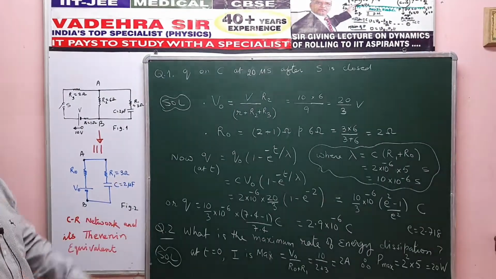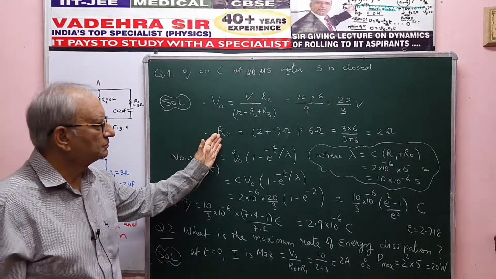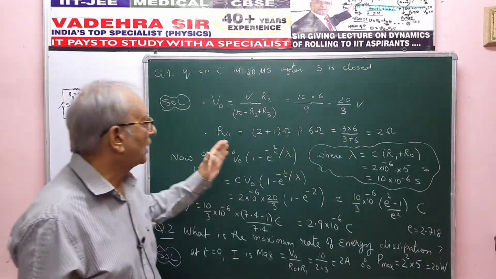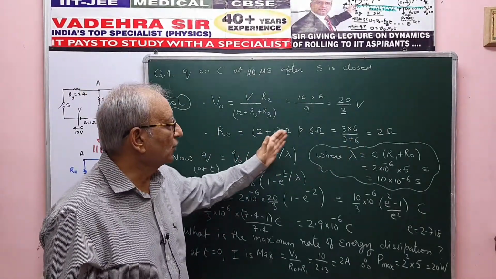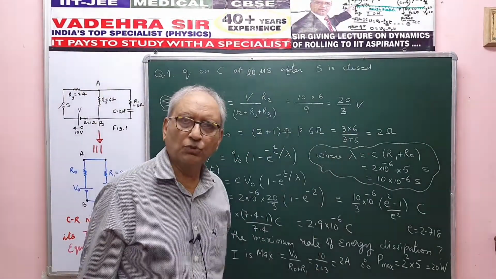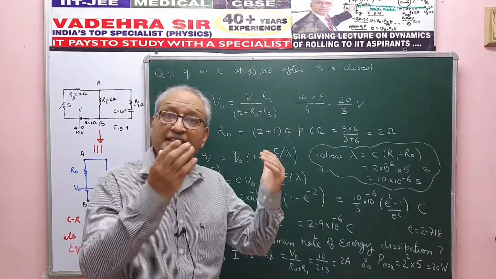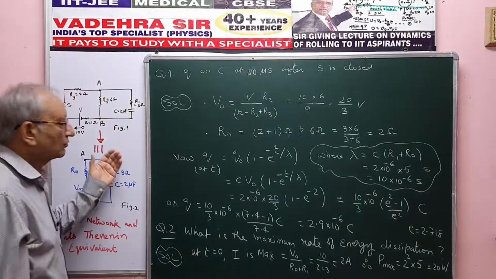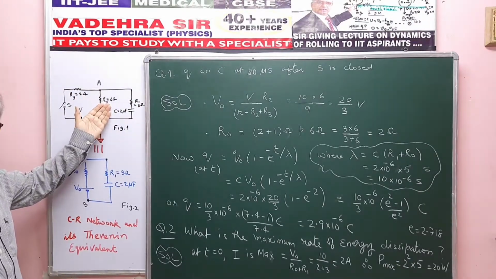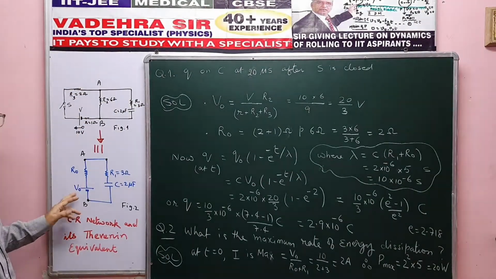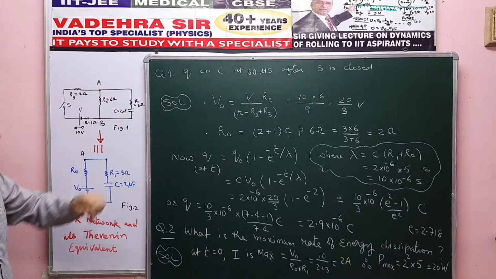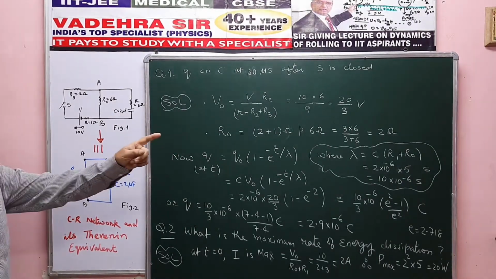3 into 6 upon 3 plus 6 gives you 2 ohm. So R naught comes out to be 3 ohm parallel to 6 ohm. Well, that is 2 ohm. Now the circuit reduces to the Thevenin equivalent. So the Thevenin equivalent of this particular circuit is V naught 20 by 3 volts, R naught 2 ohm, and